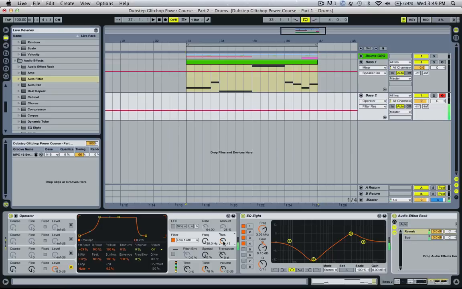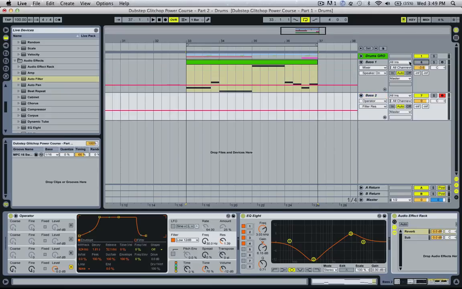Bring the resonance down a bit. I'm pretty happy with that sound. Let's put it in with the drums just to check that it's in time, because we're using milliseconds here for the decay point. When we're using seconds, we can't be too sure that it's in time. So I'm just going to mute this original bass, play the drums,